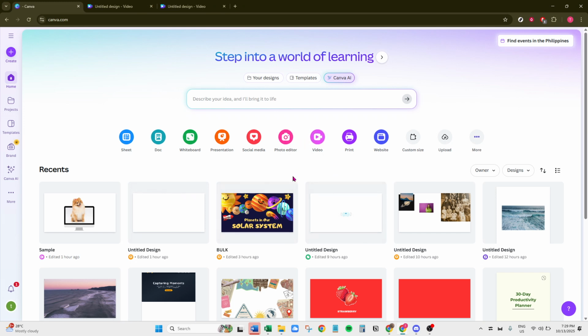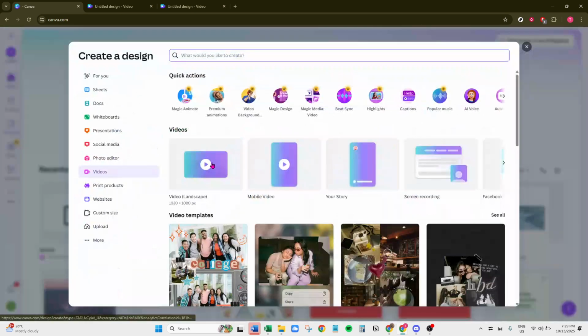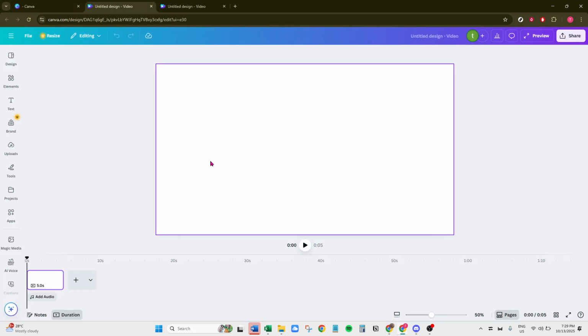First, you'll want to head over to canva.com and click on Create a Design. This button is usually easy to find at the top of your screen. Canva offers a variety of templates and designs, but today we're focusing specifically on video creation. So once you've clicked Create a Design, you'll want to select Video from the drop-down menu. Choosing Video here ensures you're in the right place to access all the video-specific tools Canva offers.